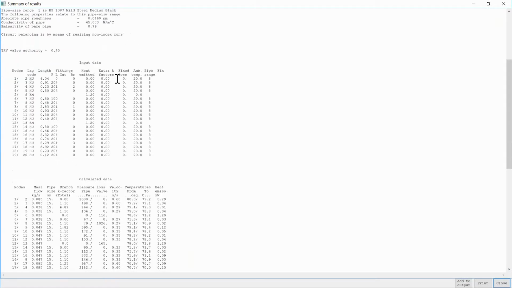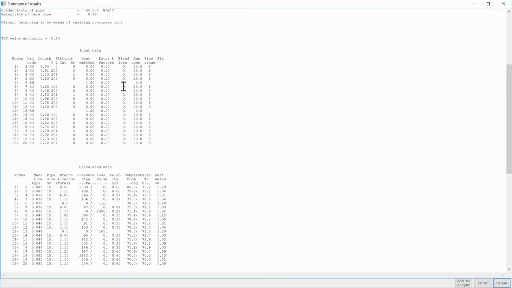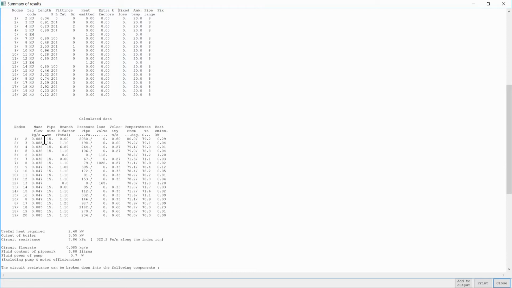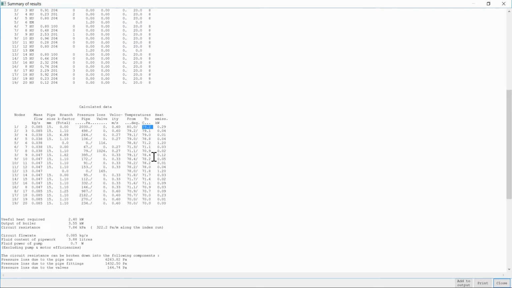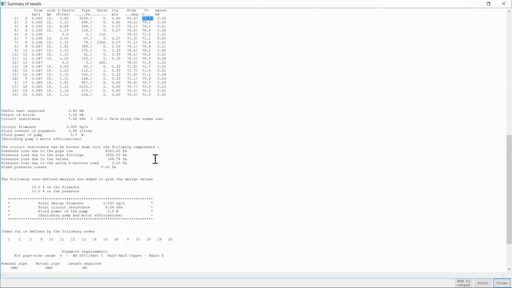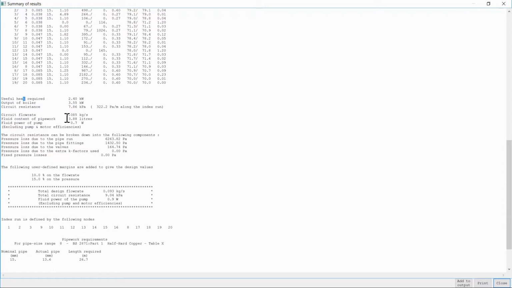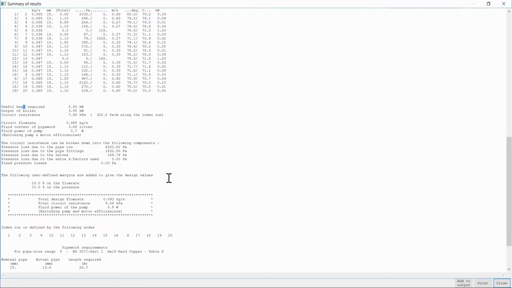So what you're looking at in the output file, you can see the input data here, and then you can see the calculated data. You can see the pipe sizes for each of the nodes. You can see the flow temperatures, the inflow and the outflow temperatures, the velocities. So everything is mentioned here in the outputs. You can also see the useful heat required and the boiler output required. Obviously, the boiler output is more than the useful heat required, so as to account for heat losses in the network. So there's a lot of information here